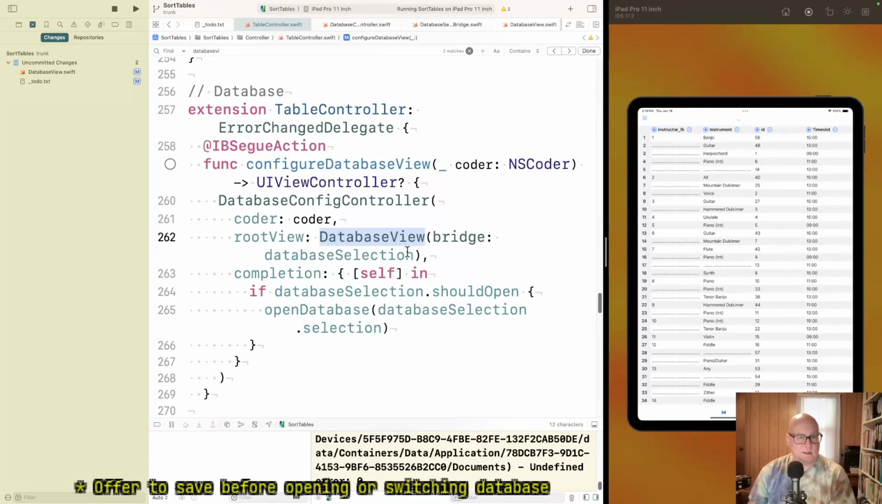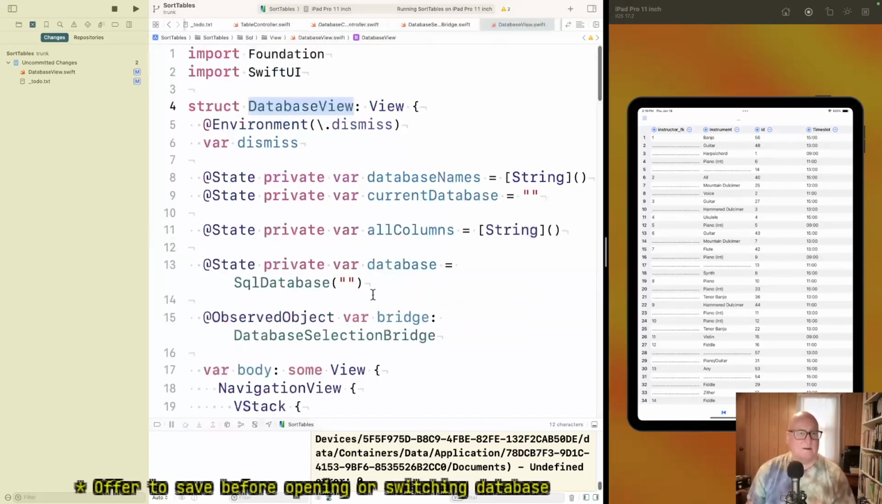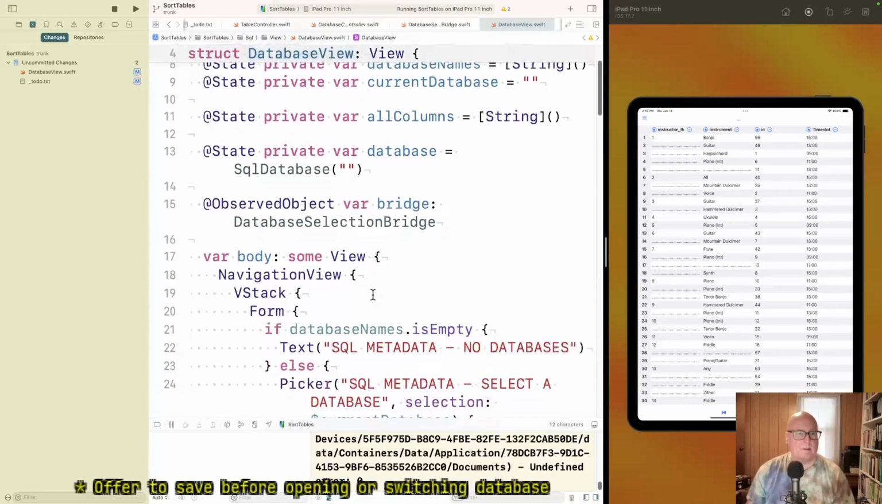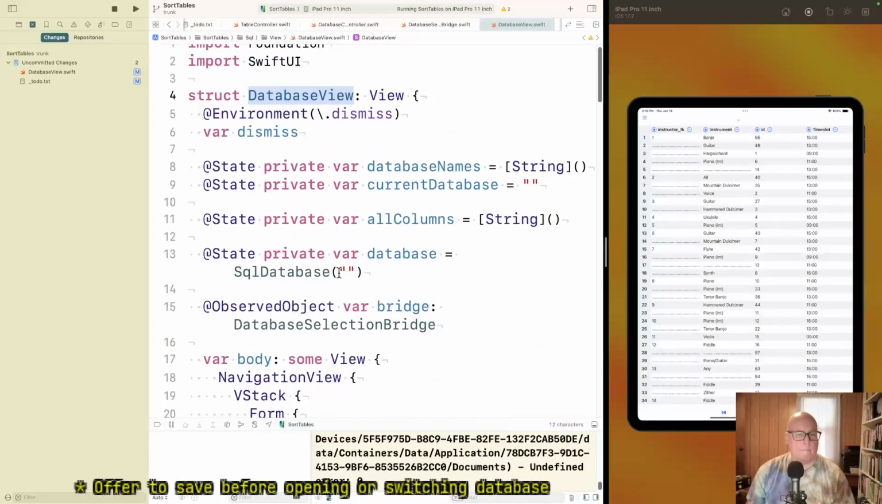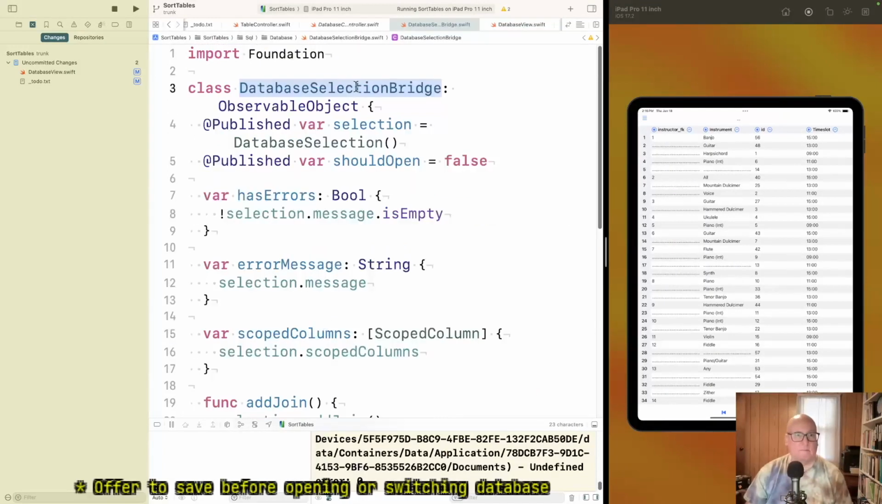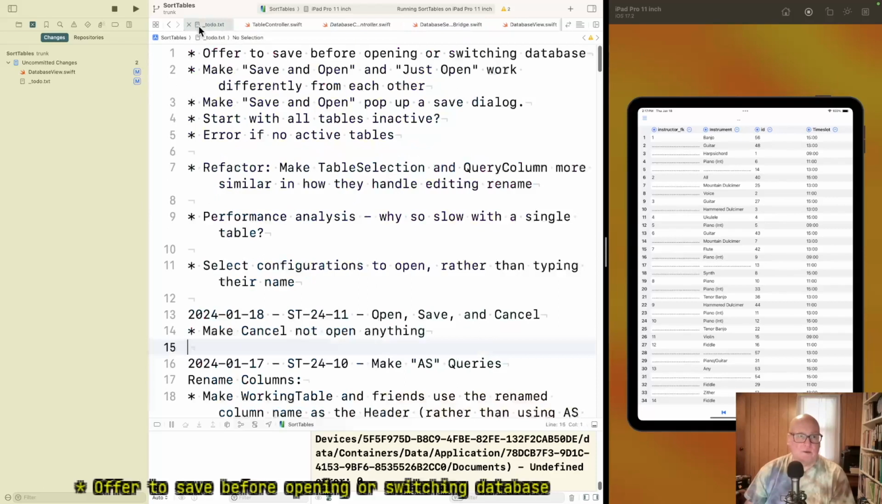Passes database view with database selection. Well, I don't know. There may be more stuff that should be cleared. I think it's